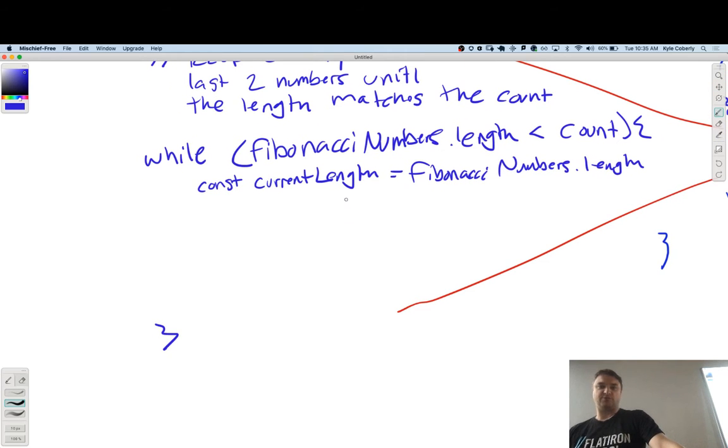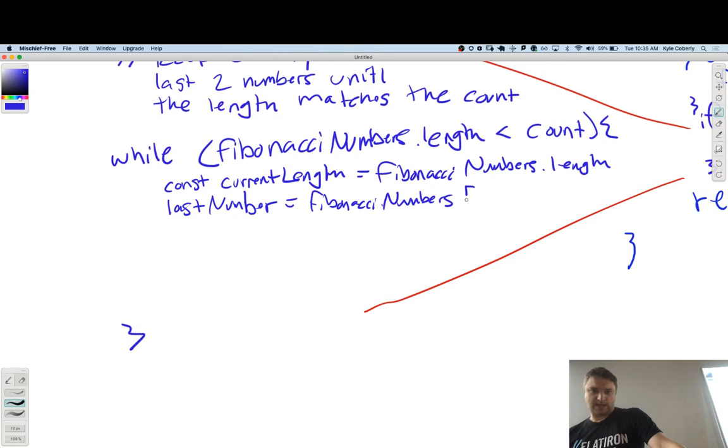So in my case of 3, that should be, my initial case, that's 2. And then I want to take the last number, which is Fibonacci numbers at current length minus 1.